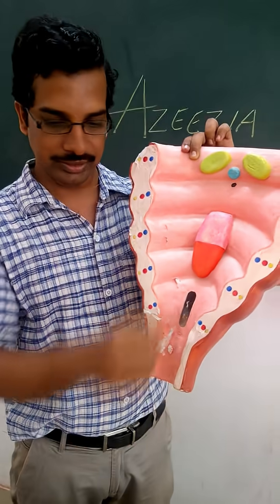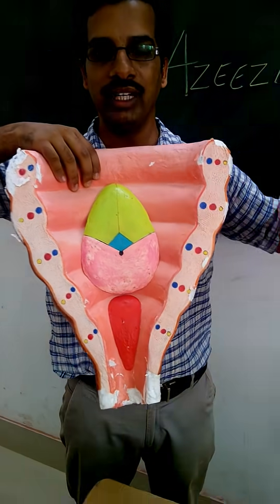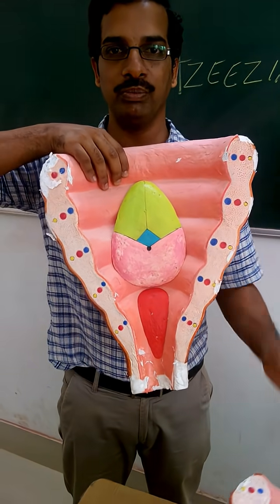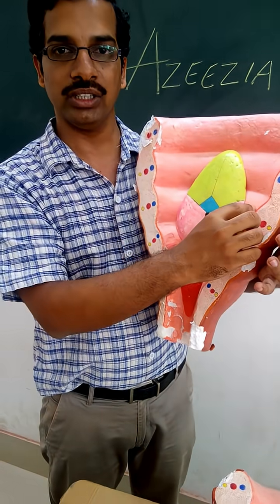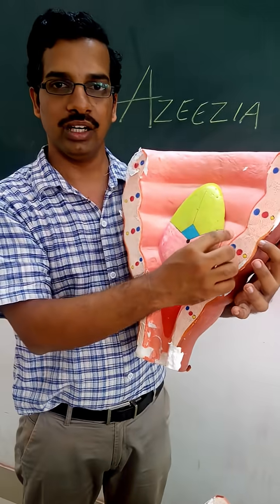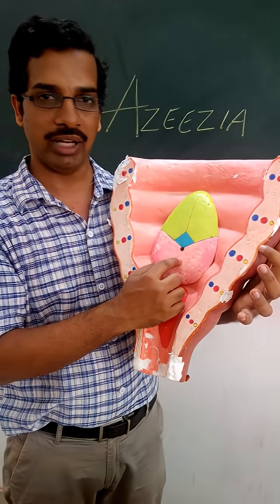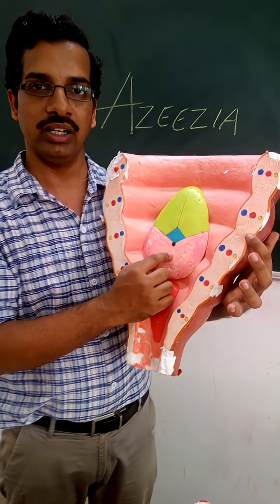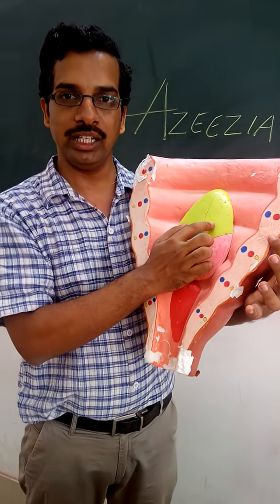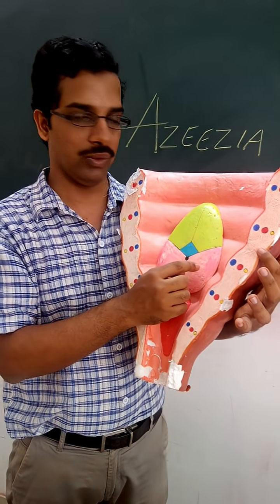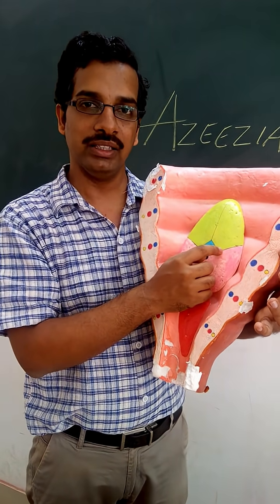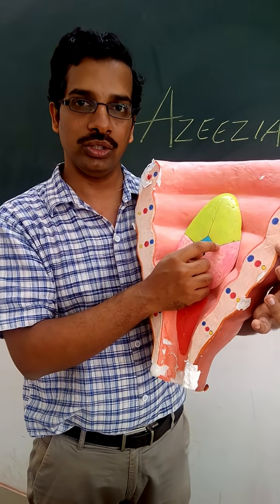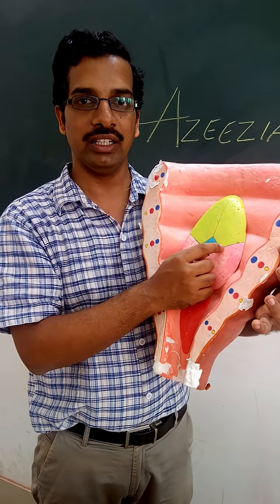The ventral part, which is shown with the pink, will develop into posterior 1/3 of the tongue. Since it develops in relation to the third pharyngeal arch, nerve of the third pharyngeal arch, that is glossopharyngeal nerve, will also supply the posterior 1/3 of the tongue. The line of union between the anterior 2/3 and posterior 1/3 is called sulcus terminalis. Anterior to that, we will have the circumvallate papillae, which are also supplied by the glossopharyngeal nerve.